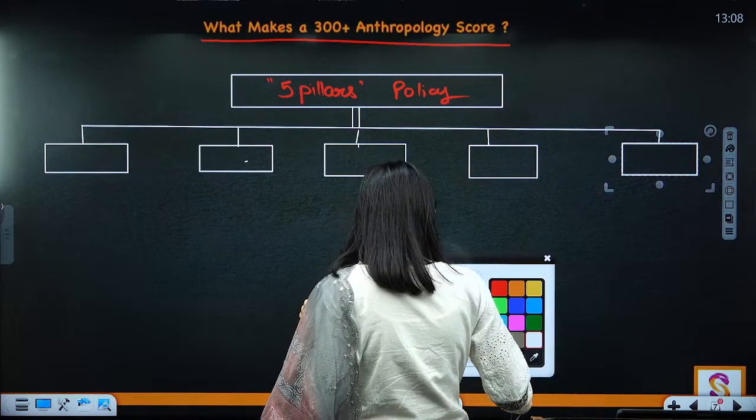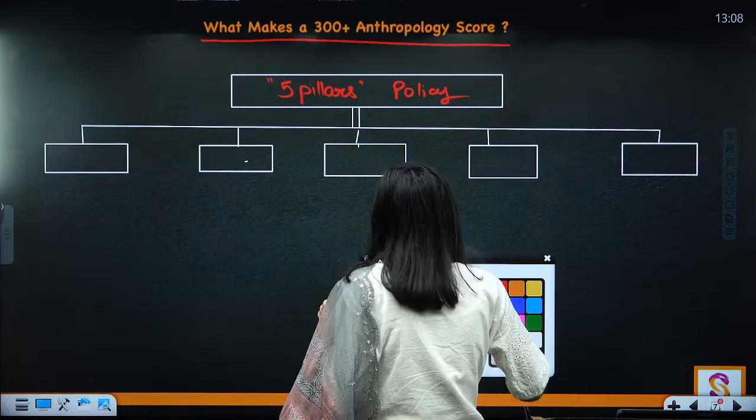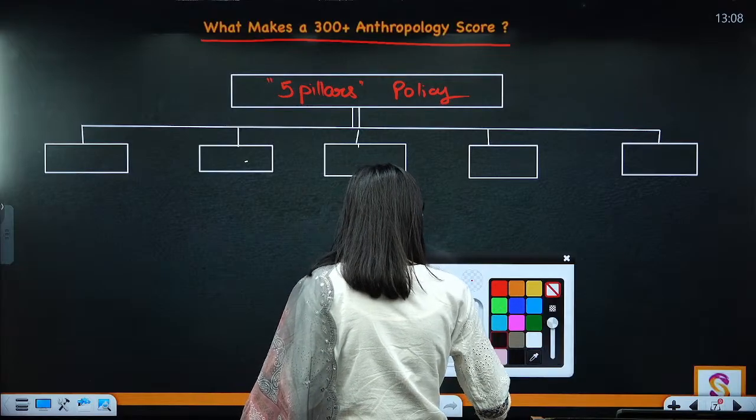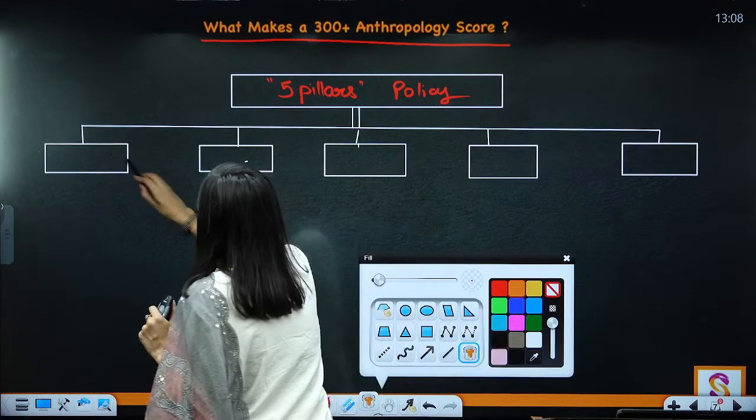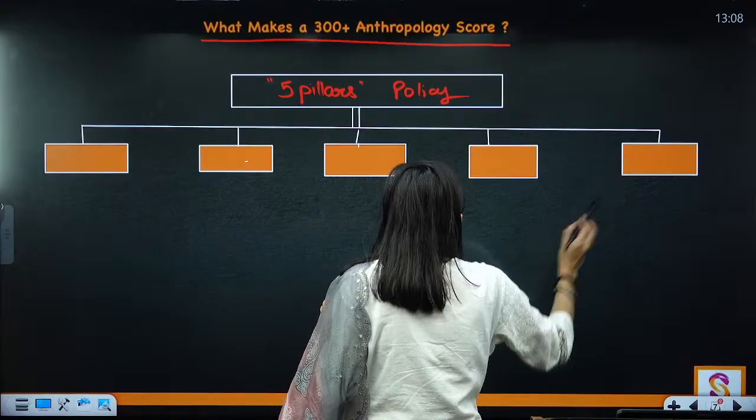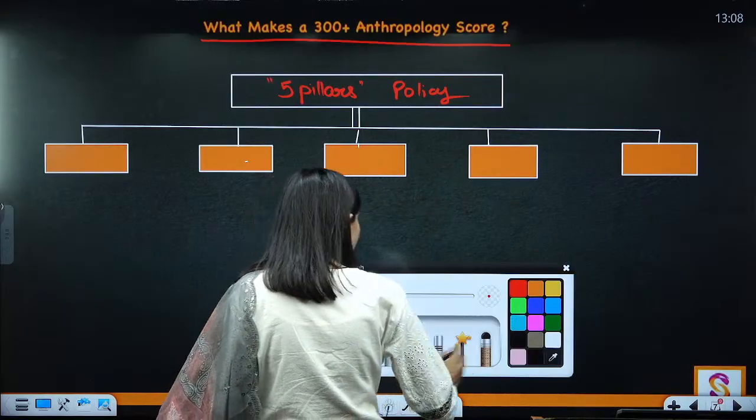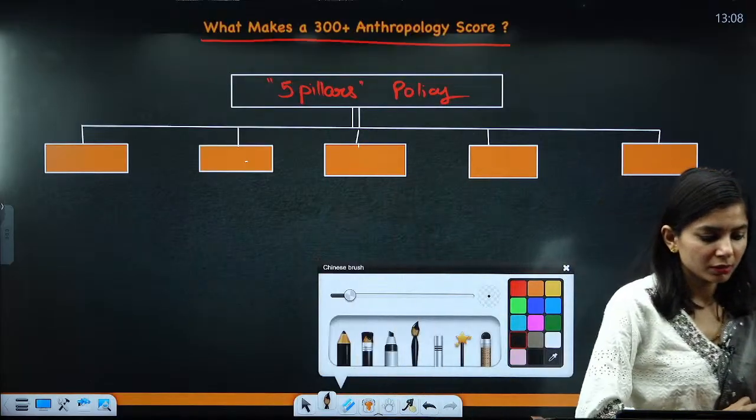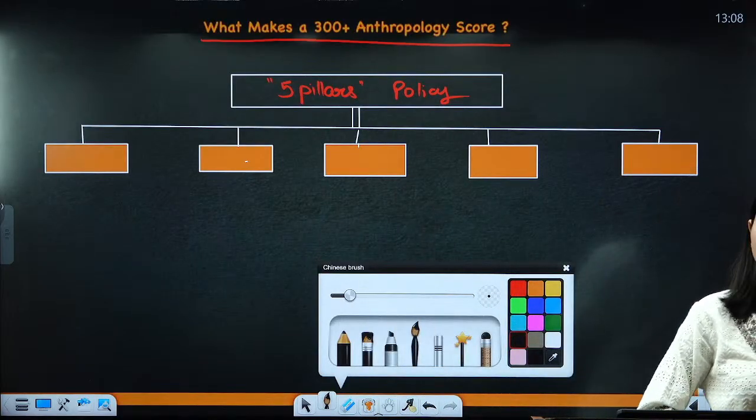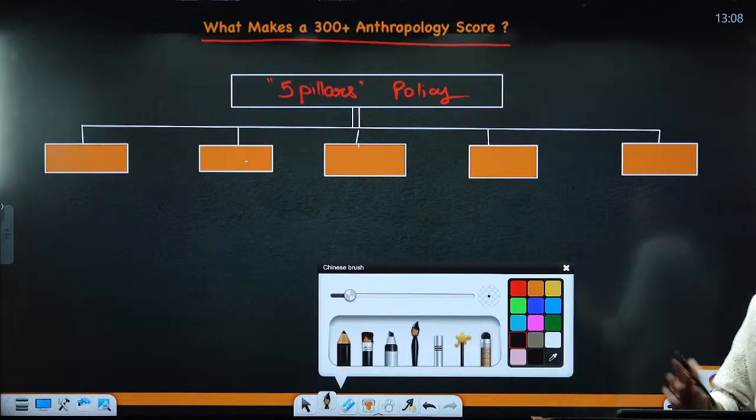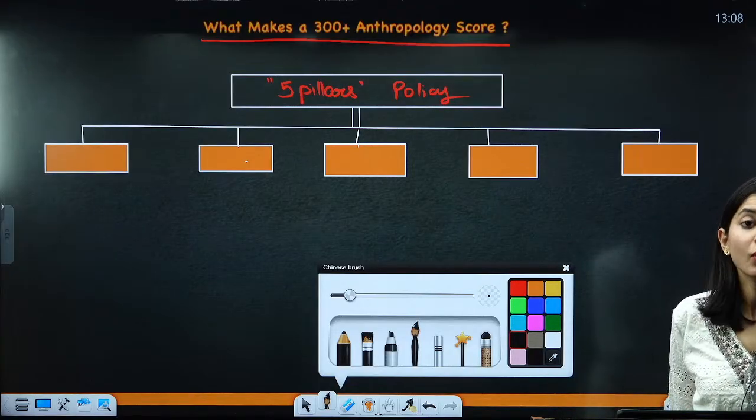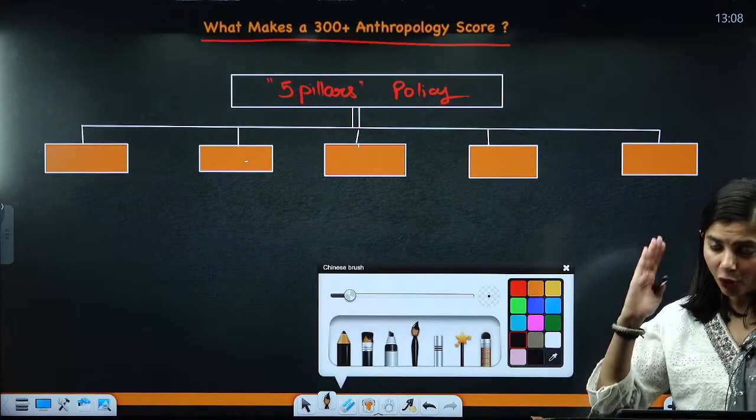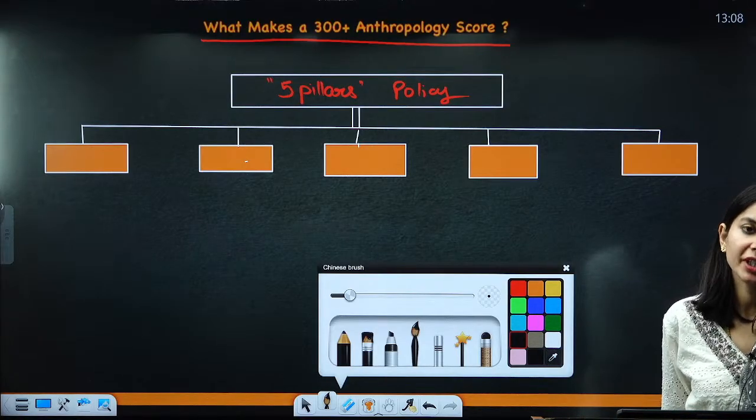See, for each and every student, I am going to prepare a separate sheet also. In that particular sheet, we are going to analyze you over these 5 pillars, so that we are not going to leave a single point. So the first pillar, when you are aspiring to focus on the 300 plus, the first point is the conceptual